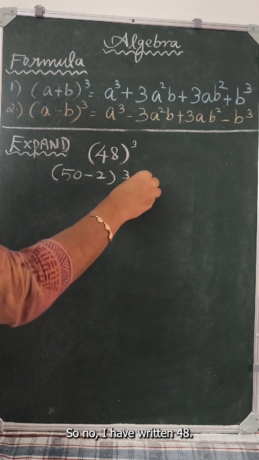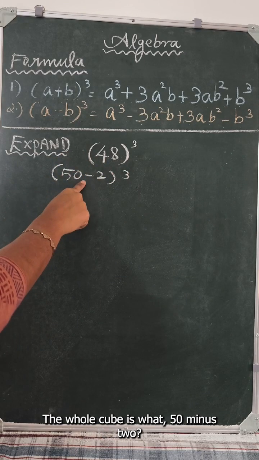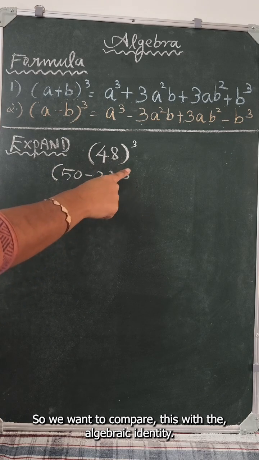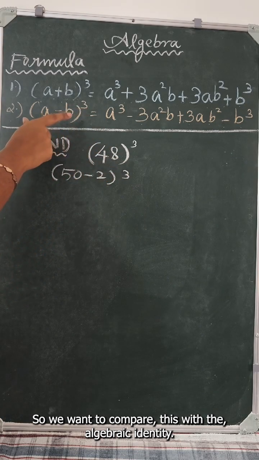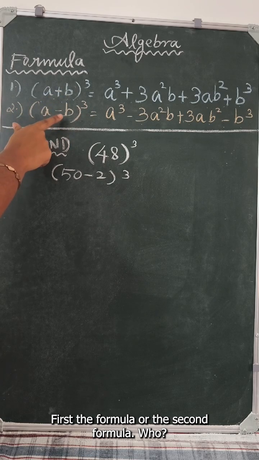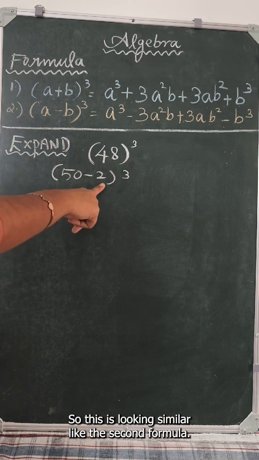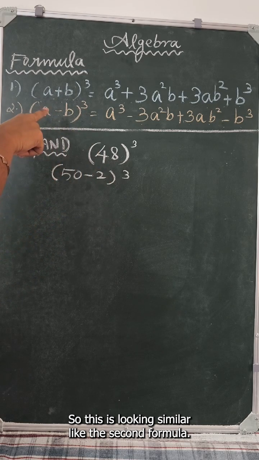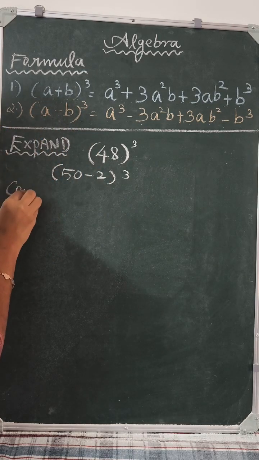So now I have written 48 the whole cube as 50 minus 2 the whole cube. We want to compare this with the algebraic identity, first formula or the second formula. 50 minus 2 the whole cube looks similar to the second formula, right? So I am going to write comparing